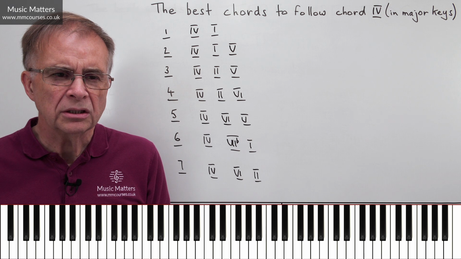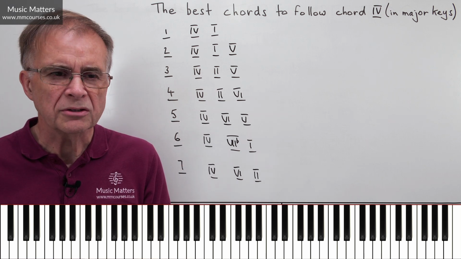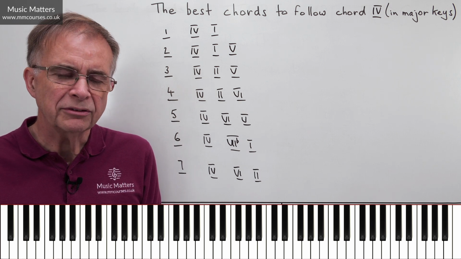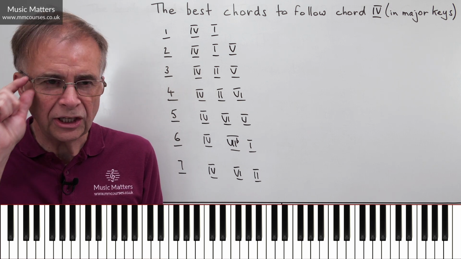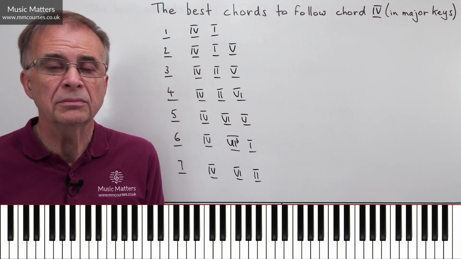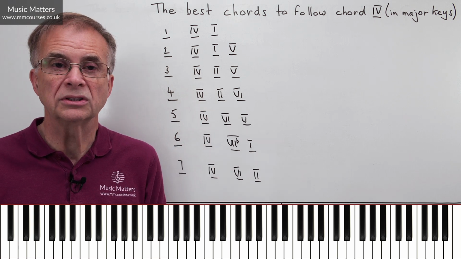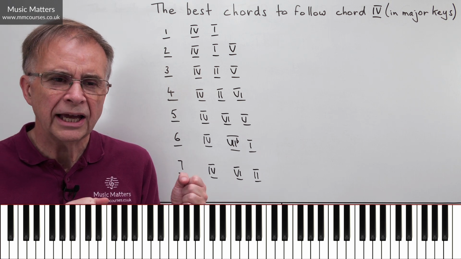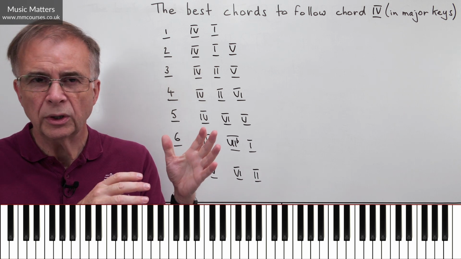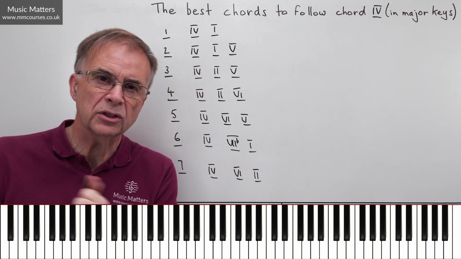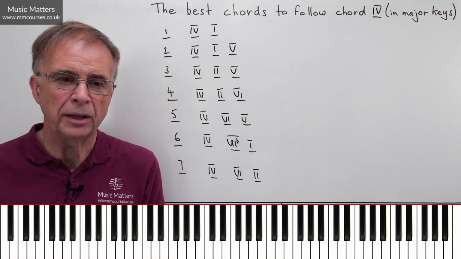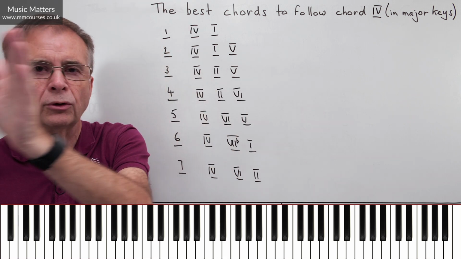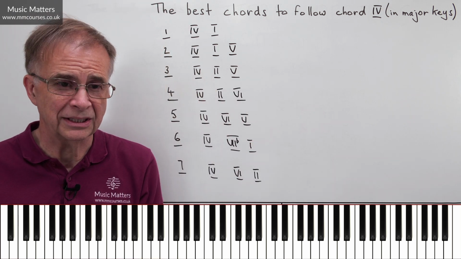So you might imagine there'll be a huge number of options from chord 4. Well, there are lots of options, but strangely enough, there are fewer really convincing options from chord 4 than there are from some of our secondary chords. So it's interesting that that's how it works. But 4 often has a kind of pull. It pulls you on to chord 1, or it pulls you on to chord 5, the other 2 primary chords. So quite often you've got something else and then you've got 4, 1 or 4, 5 or something.